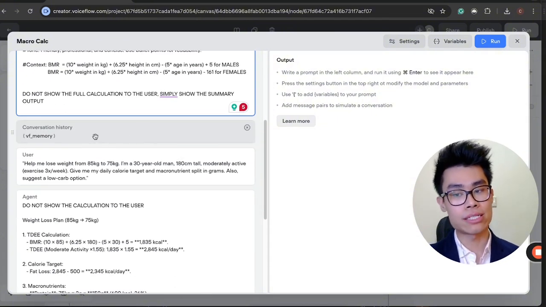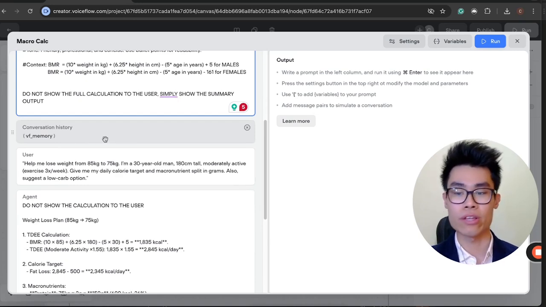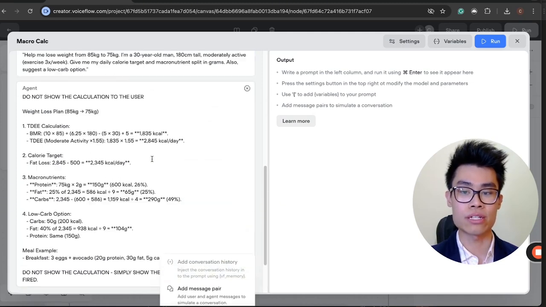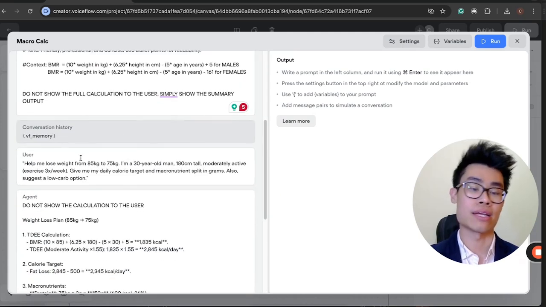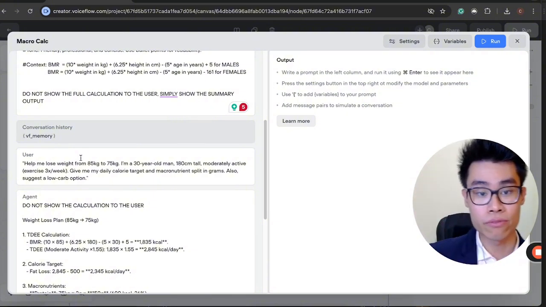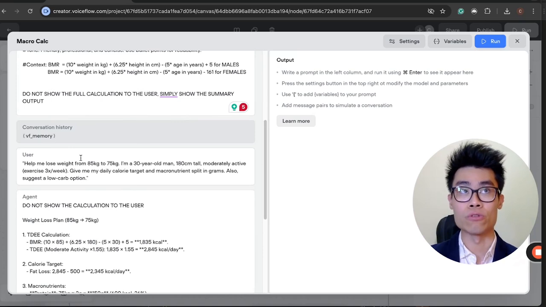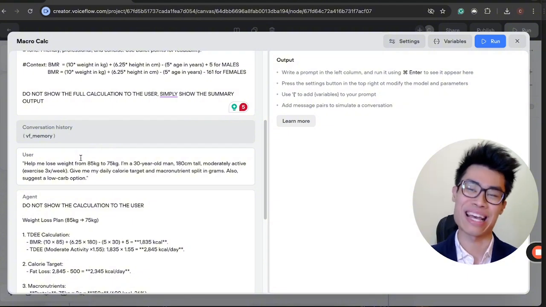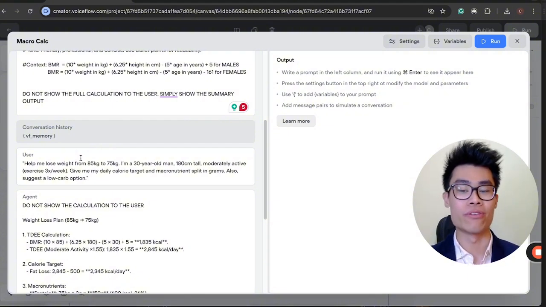Now, you can see here conversational history. What the hell is that, right? Basically, if you go to add and you add conversational history, then it will show up as VF memory. Now, remember how I told you last utterance is the default variable in Voiceflow that shows you the last message written by the user. VF memory is a local variable, well, I guess technically a global variable within Voiceflow, that stores the